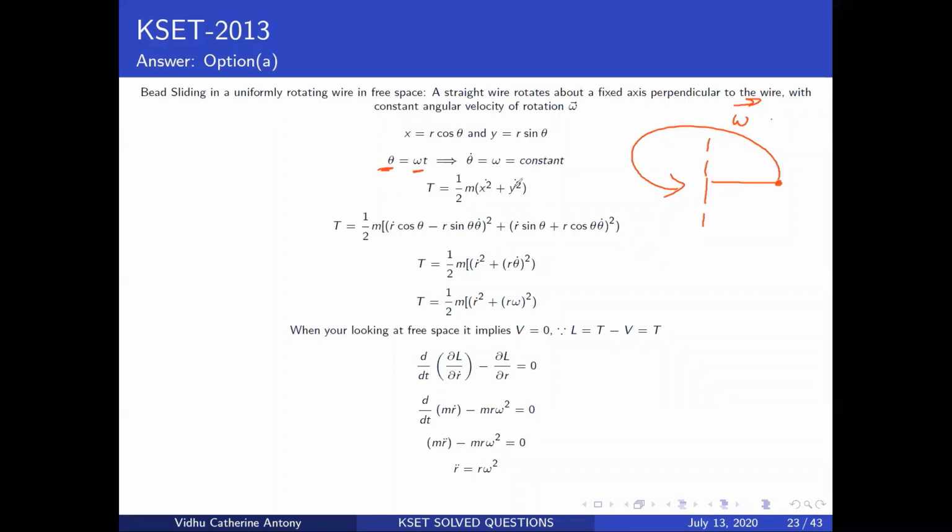So your T is equal to what? Half m v squared. How do you write that if I have two components? I'm using polar coordinates to solve this so that it's easier. Your v squared can be expressed in terms of x and y as x dot squared plus y dot squared. I really don't need to do this, I'm just trying to do it step by step so that you can understand everything. So you have x is equal to r cos theta and y is equal to r sin theta. What do you have here? You have x dot squared plus y dot squared, so you substitute these two values here.